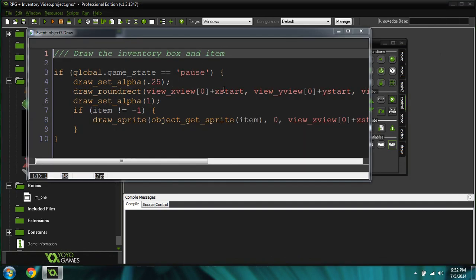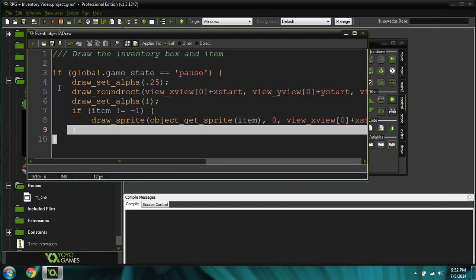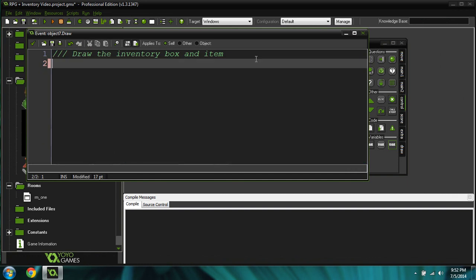Now we're going to come into the draw event and delete this, because we can inherit this. The first thing we're going to do is a pretty cool little thing: I'm going to draw a darker version of the sword icon inside of this box to make it look like it's a box that only swords can go in, and I'll show you what that does. So if global.game state equals pause,